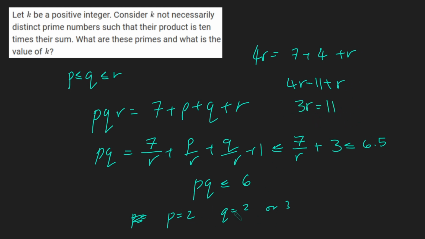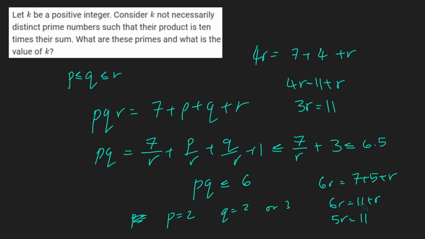And yeah, let's just do p equals 2 and q equals 3. Again, subbing that in up here, you get 6r equals 7 plus 5 plus r, so you get 6r is 11 plus r, and so you get 5r equals 11, and of course that has no prime number solution for r. Amazing, so that eliminates the possibility of k being 5, and so we've proved that k must be 4,